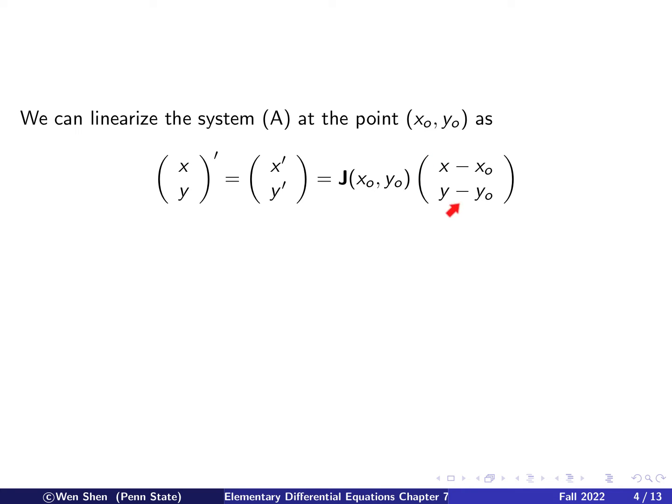So this is a general vector, and that's the vector at the critical point. So I have x minus x naught and y minus y naught. If we compare this to the linearization of a function, recall that it is f prime at x naught times x minus x naught. Okay, so you see the